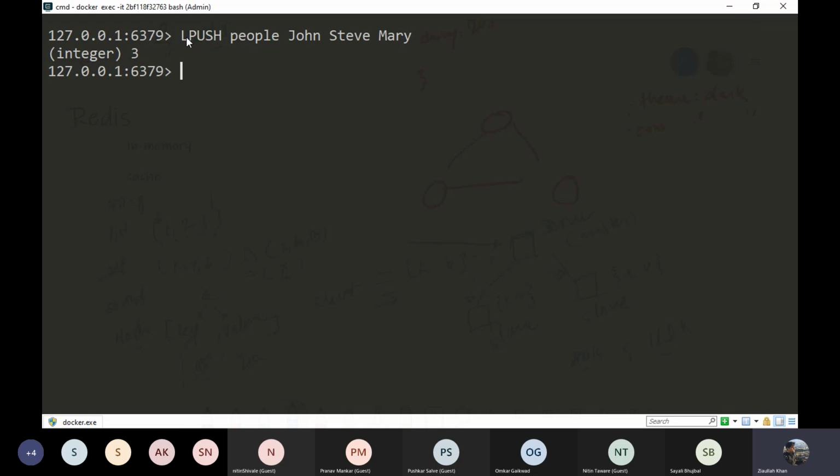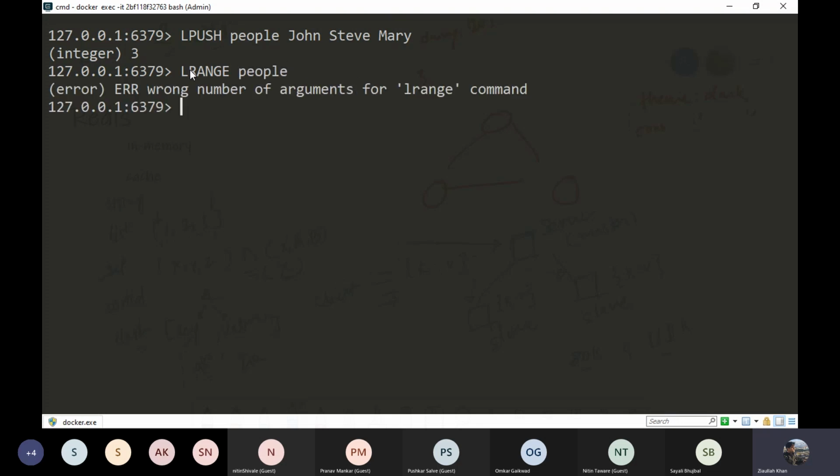So lpush is pushing on the left side of the list, and the way to see the values is lrange, and then I'm going to provide people, and it says that there are arguments that I'm missing. So let's go ahead and start again. lrange people, and then it's asking for a start value. Now, if you are familiar with programming, all the indexing starts with 0, and then there is a stop value that you can provide. So if I want to retrieve only one value,